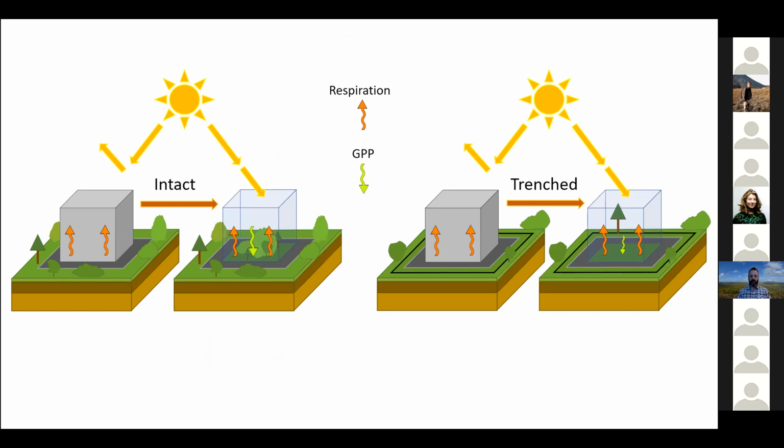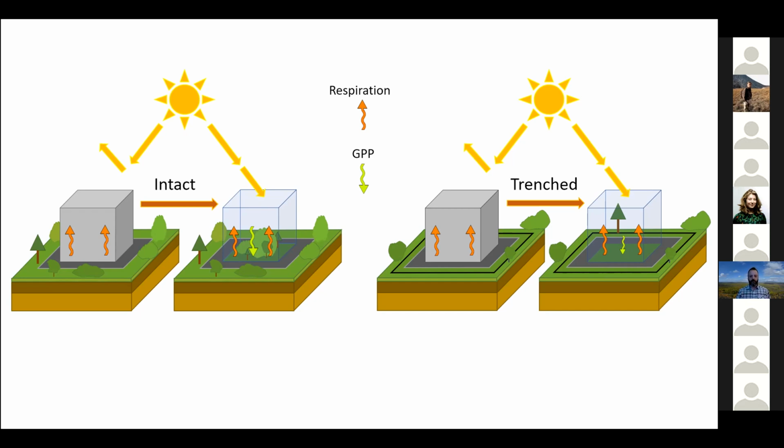And at these subplots, we would place a chamber to measure carbon flux. Now, half the plots were trenched to sever roots, and we also removed any vascular vegetation on the surface. The other half were left intact. And then we also took 2 measurements at any given time. We would measure initially with everything covered, and that would allow us to measure just the respiration of the soil and any plants underneath. And we also took a measurement with the cover off, which would allow for the photosynthesis to occur and would measure the net exchange of carbon from that segment of soil and plant. The difference between the two, of course, would then be gross primary production.